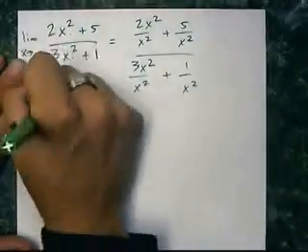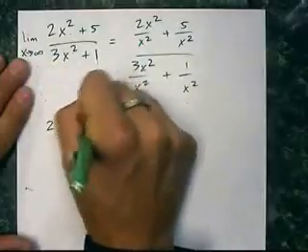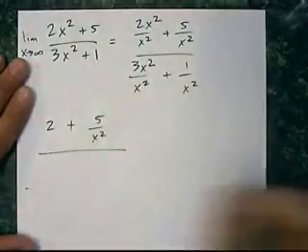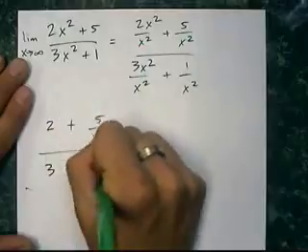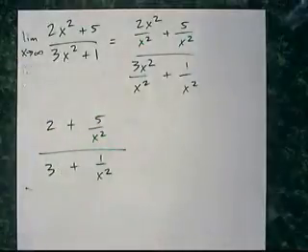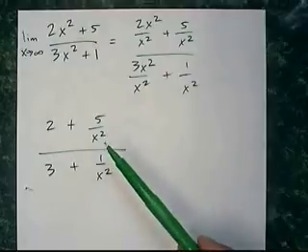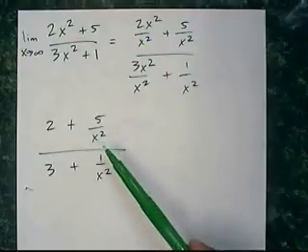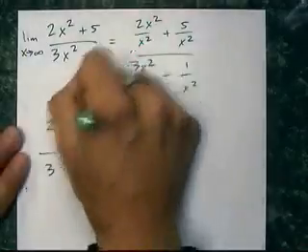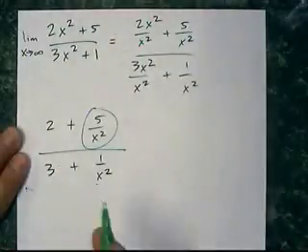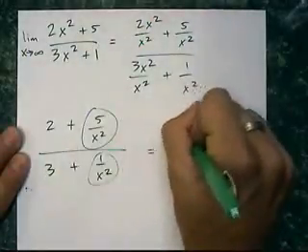Okay, x squared cancels, so you're left with 2 plus 5 over x squared, divided by 3 plus 1 over x squared. That's what you're left with. Well, we have a constant divided by x squared. So what's this going to go to as x goes to infinity? 0, right? So this is going to turn into 0. What's this going to turn into? 0. So you're left with 2 divided by